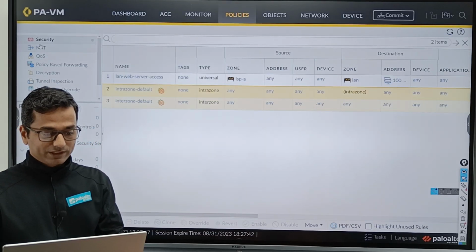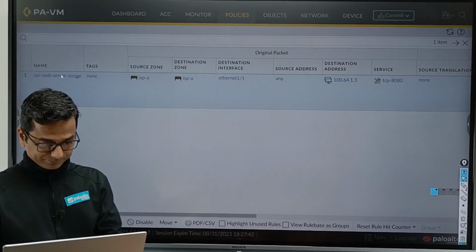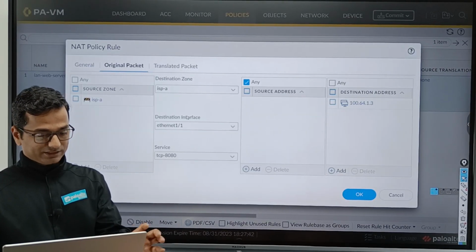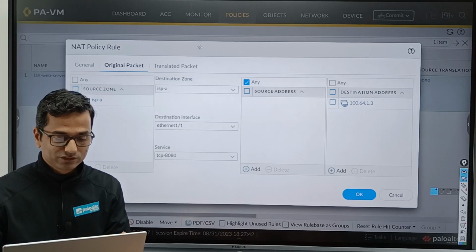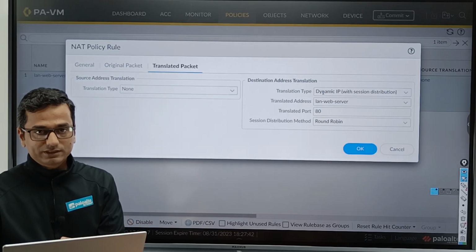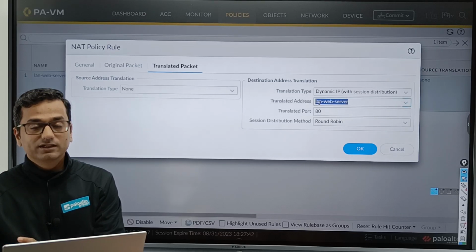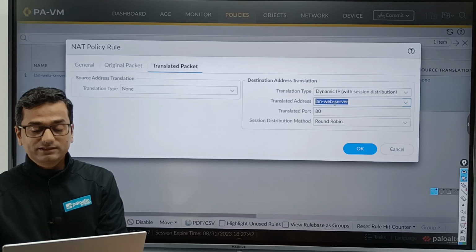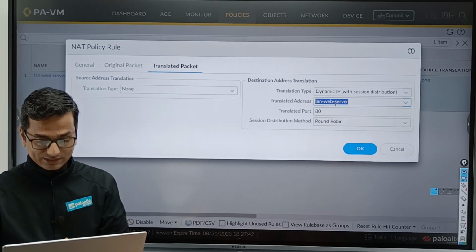Fine. So let's quickly review the NAT policy. Okay, if the packet matches, right? Destination IP address matches 100.64.1.3, destination port is 8080, translate the destination address with dynamic IP with session distribution, and we have selected the address group, and under this address group we have two private IP addresses of my LAN server.